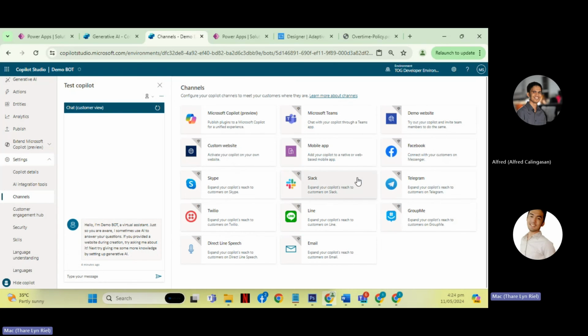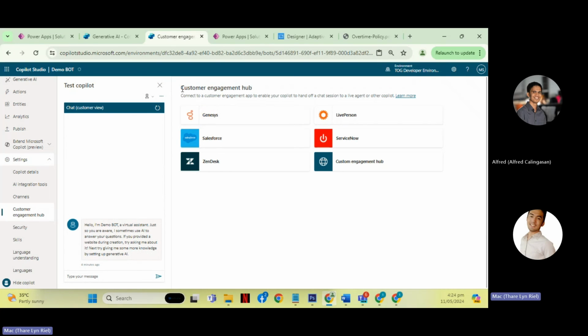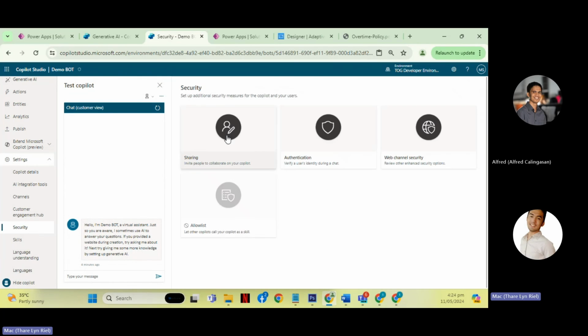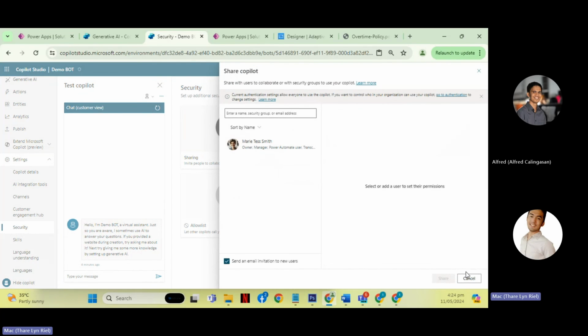Same with the others, you need a developer account for each third party. So this is the customer engagement. You can connect it to this. And also the security. You can share your Copilot, for example. Let's search.